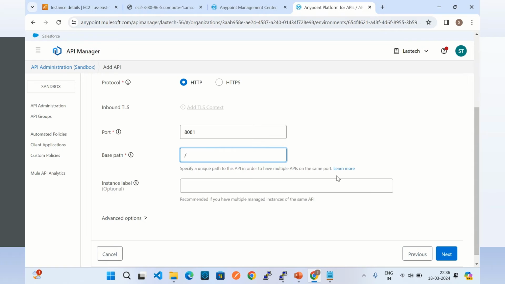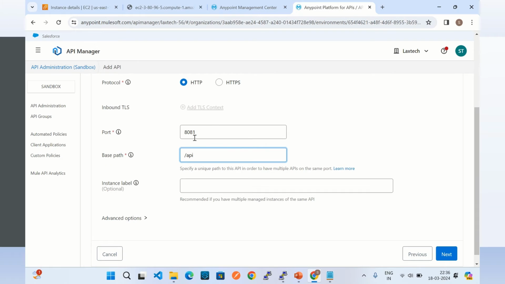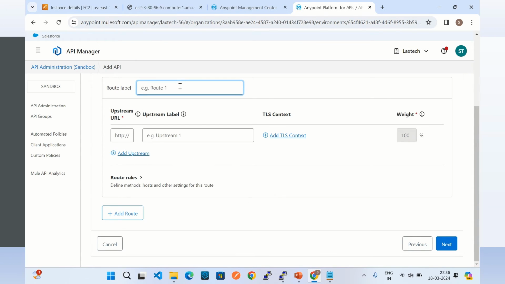For base path I will give API, because we have a base path here, slash API slash hello. So I will give the slash API. Click next. For route I will give hello API route, and I will give the upstream label hello API,